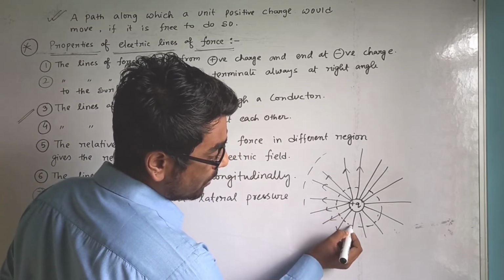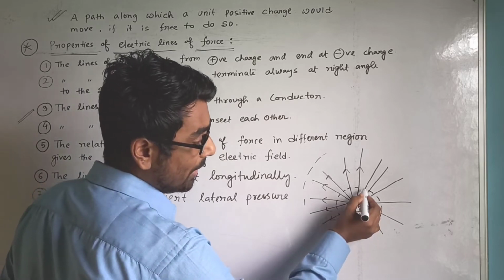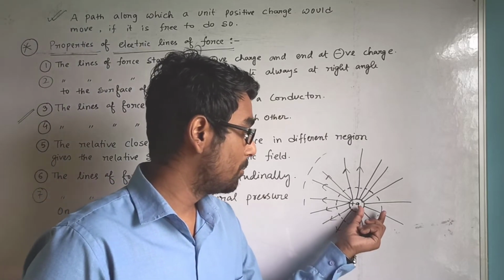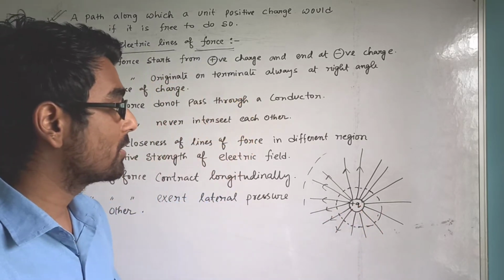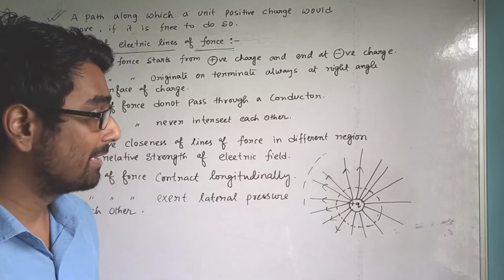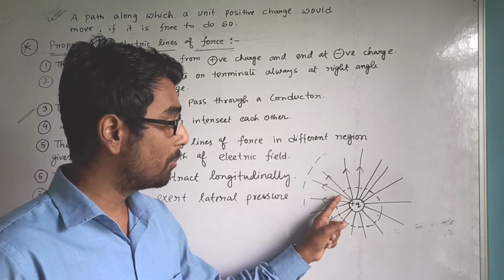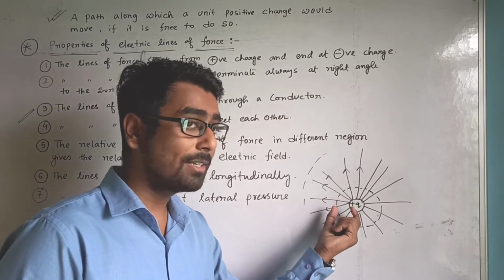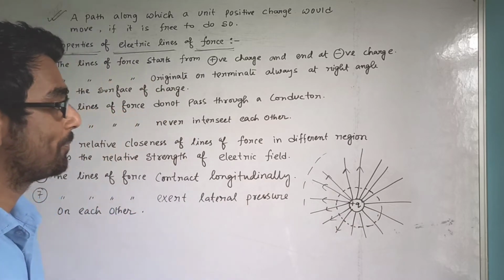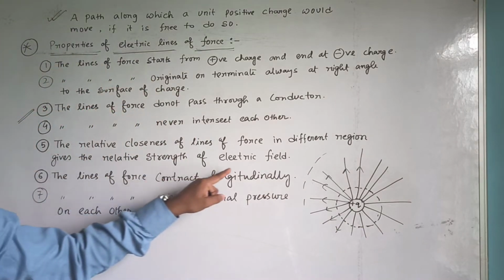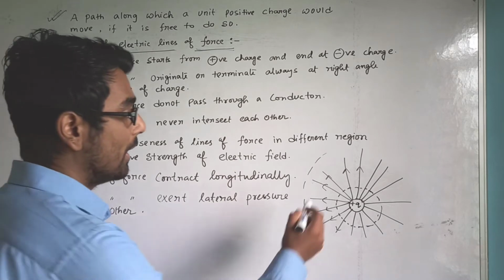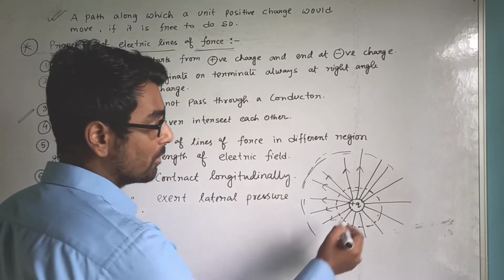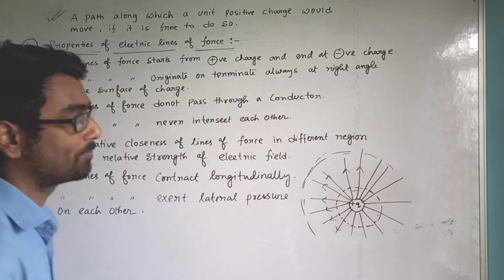So the relative strength, what I need to know is that the relative strength here at a smaller distance from the plus q charge is higher as compared to the larger distance. Okay, the strength of electric field is much higher at the closer region as the distance is much closer to the positive charge. Okay, this describes the relative strength of electric field at different regions. At this region the electric field is very less, and here it is very large because of closeness. You can see the closeness.